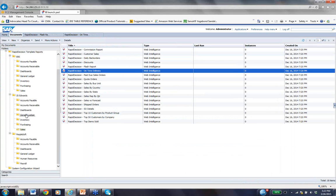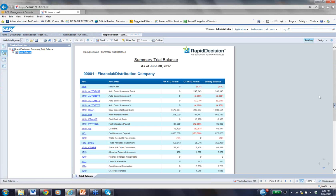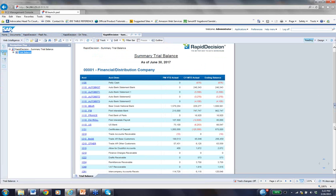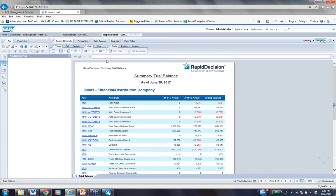Just a few more reports that I'm going to show you here. We'll open up the general ledger. We've got some trial balances, balance sheets, income statements, a series of reports that we have pre-built. And like I said, it's really to get the users jump-started so that they can have confidence in the data once it's been deployed. And here's another example of the data coming through for the general ledger